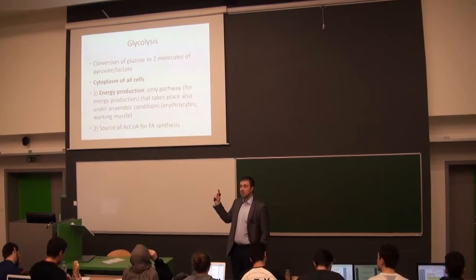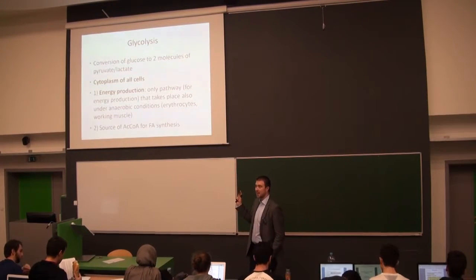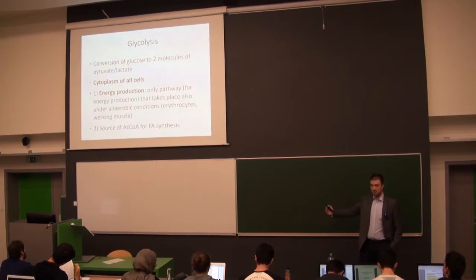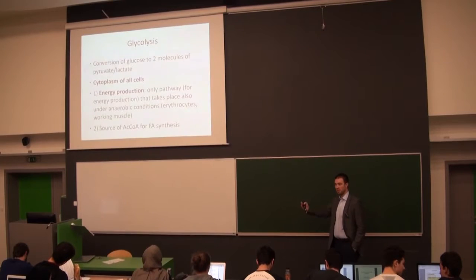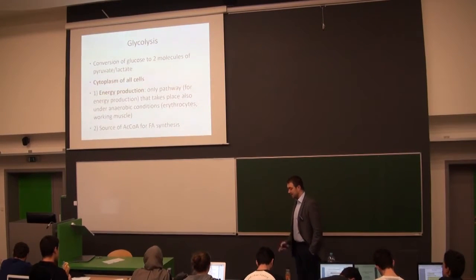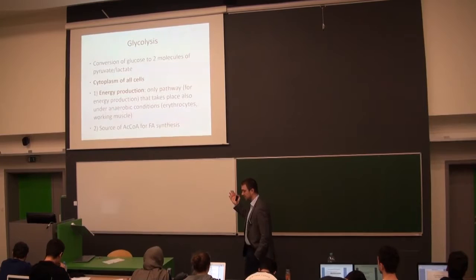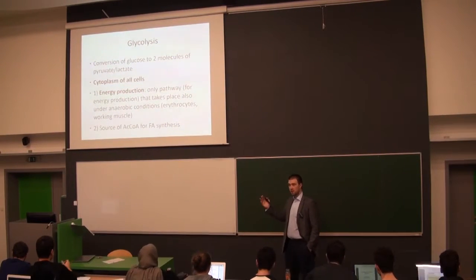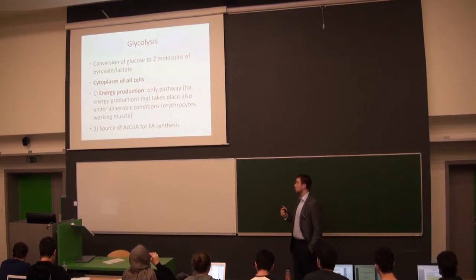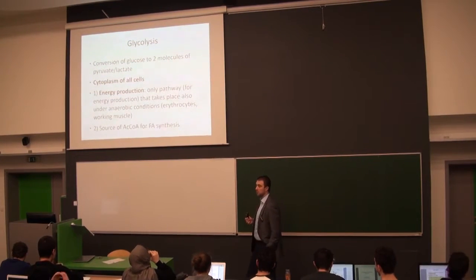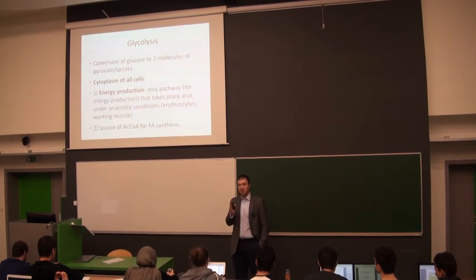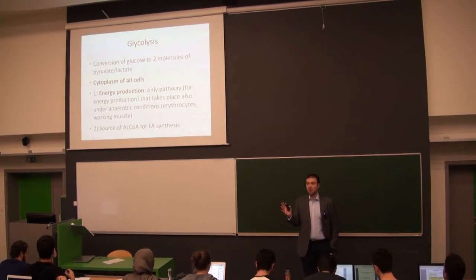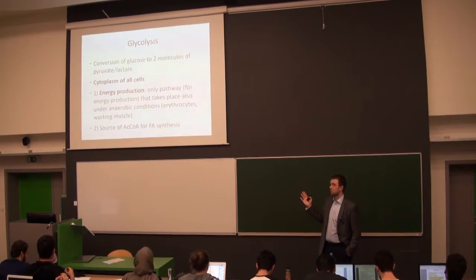This pathway is in whole located inside our cytosol, inside the cytoplasm. That means that all cells have cytosol, therefore all cells can do it. And as you heard many times, it's the ultimate way how to produce energy, since it can be done everywhere. Only the problem is that it's not so effective. If you compare it with, for example, oxidative phosphorylation inside your mitochondria, the amount of energy produced here is quite small.